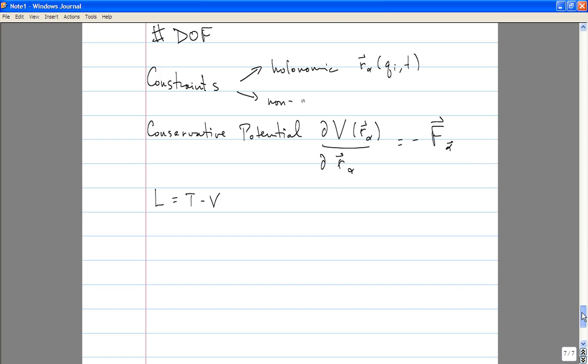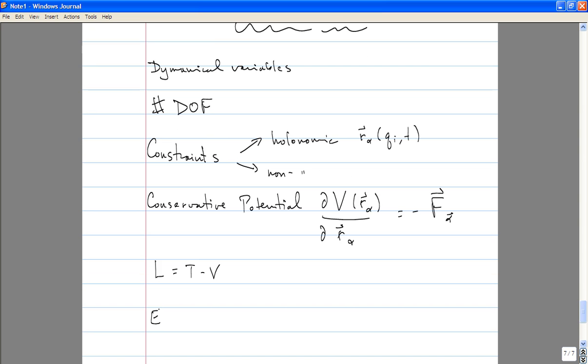And from this Lagrangian, there's a very neat way of writing down the equations of motion